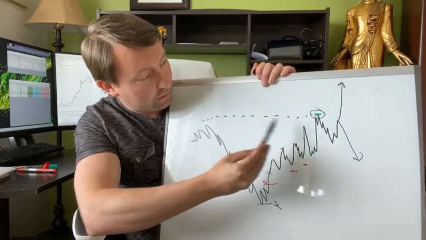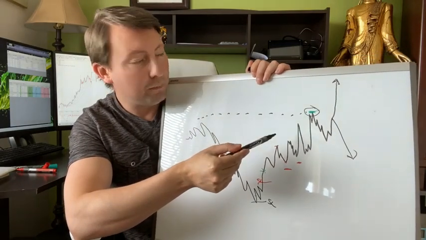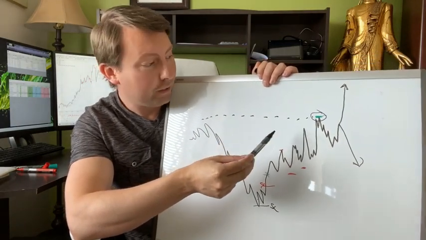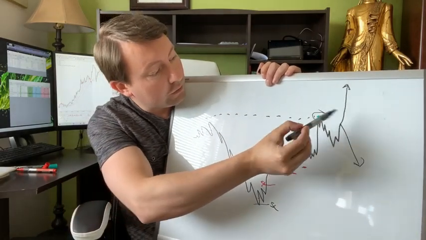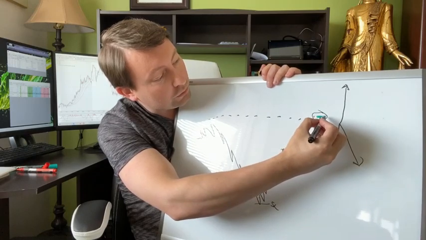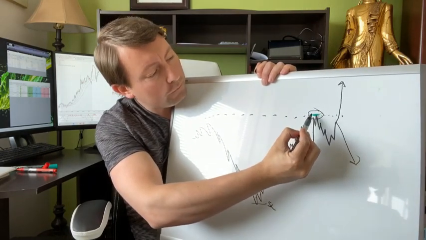Yeah, and then came up with that goal. So that's where the goal would have come from. It wouldn't have been a magic number that I picked out of a hat. It would have had some logic behind it. Now that I've gotten out, what I can do is put in another order to buy if it breaks this